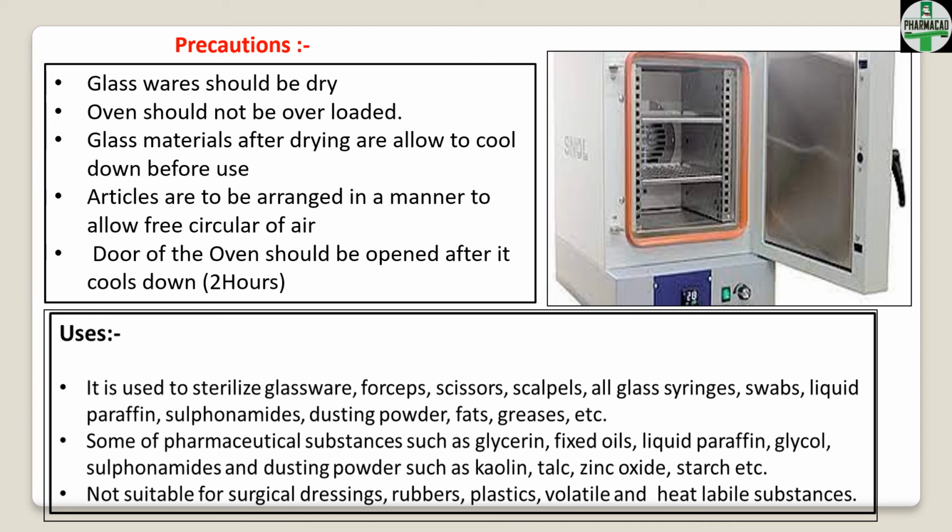And we use this hot air oven for sterilizing items like glasswares. In glasswares you have petri dishes, flasks, pipettes and test tubes. Powders like starch, zinc oxide and sulfur dioxide. Materials that contain oil, and metal equipment like scalpels, scissors and blades. Such materials will be sterilized using dry heat.